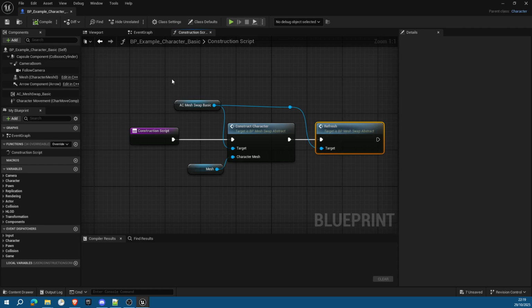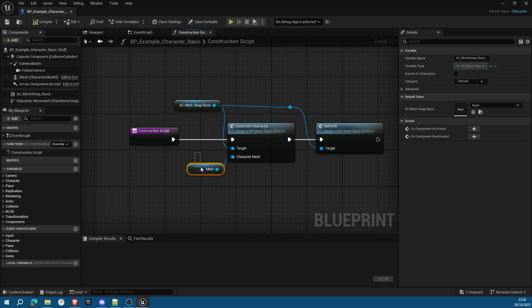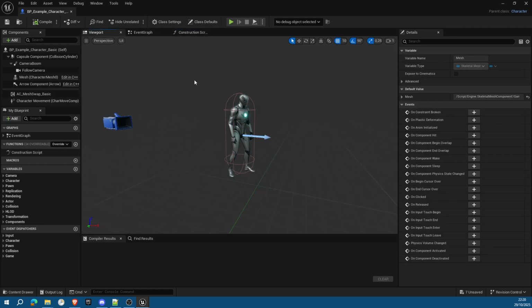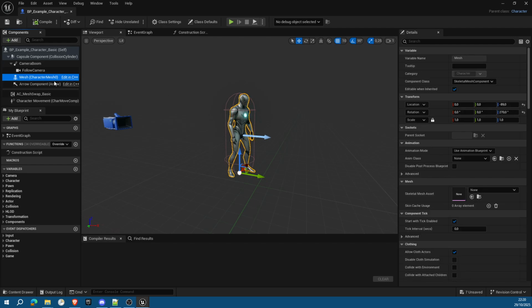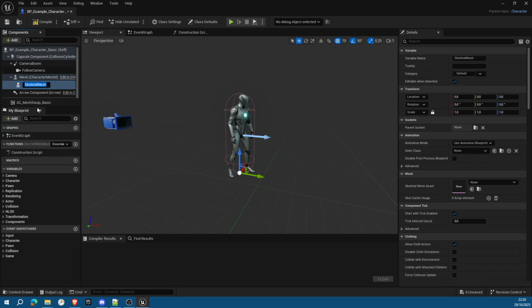If you would say, hey, that's nice, I'm not going to use the component, I'm going to take all the code and put it directly on my character in the construction script, then the refresh will not be needed. But then every time you move your character, it will be running, and it can have some delays. But like this, it's working good. So then we need to have the mesh. In this case I only have one, but in some other cases you can have a skeletal mesh, and I always call it then the character